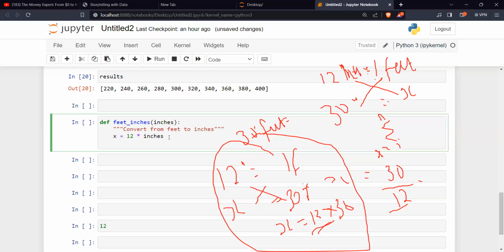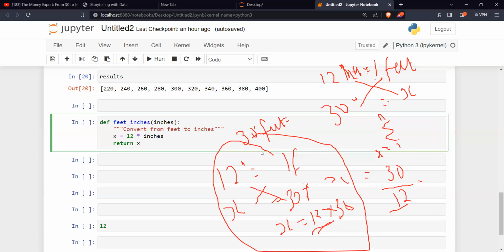Then what do we do now? We're going to return X. Which means when we are doing 12 times 30, 12 times 30 will give us what? 360.